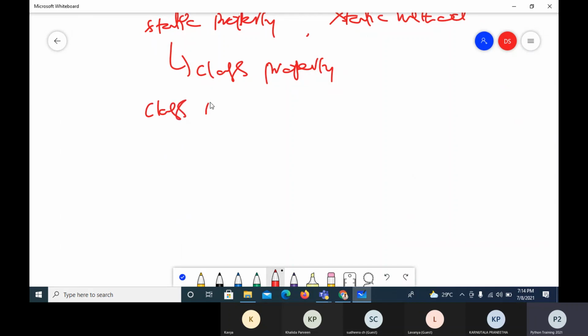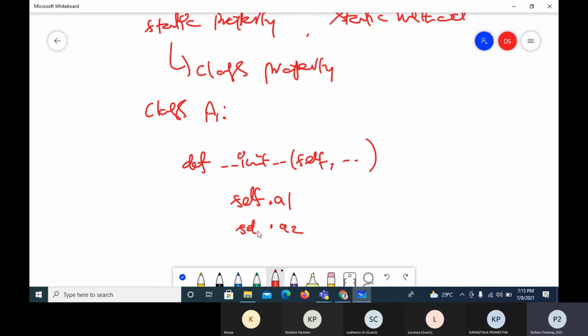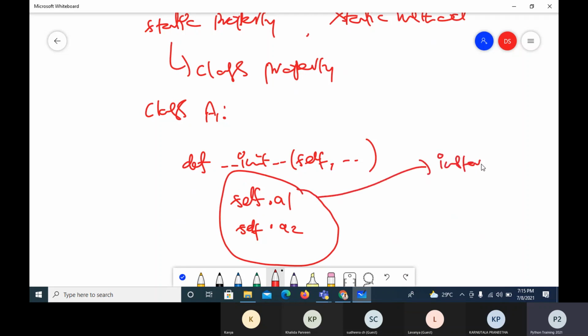Take class A. Here we are going to have a constructor, def __init__, with self, and there may be other arguments. Now, whenever I say self.a1, self.a2, whatever I refer to inside the constructor, these members become the instance properties of the class.